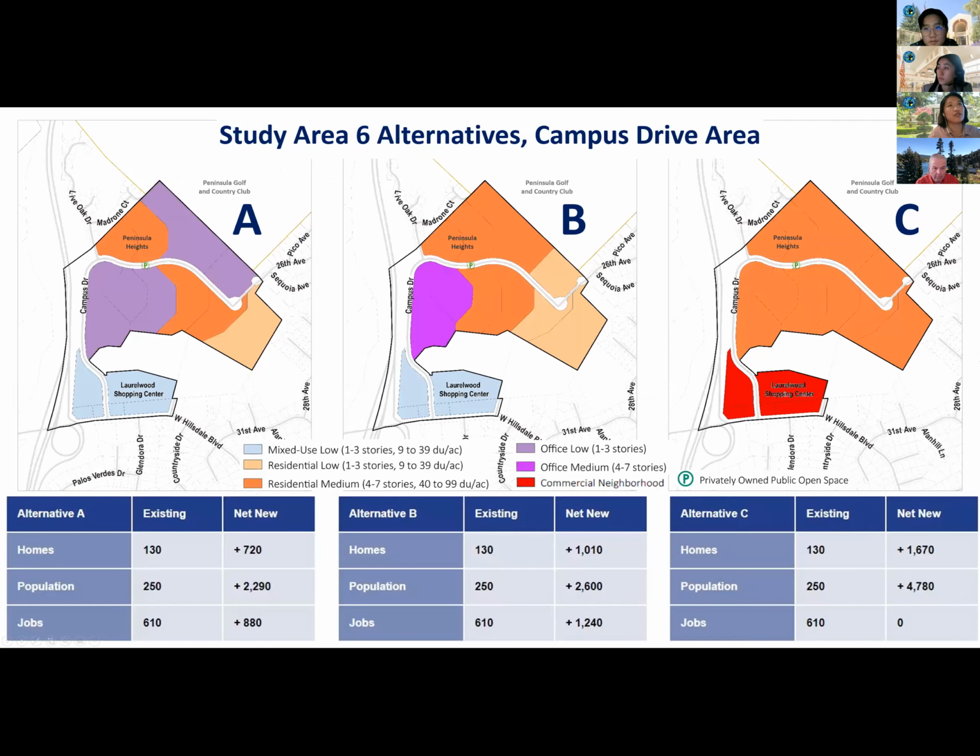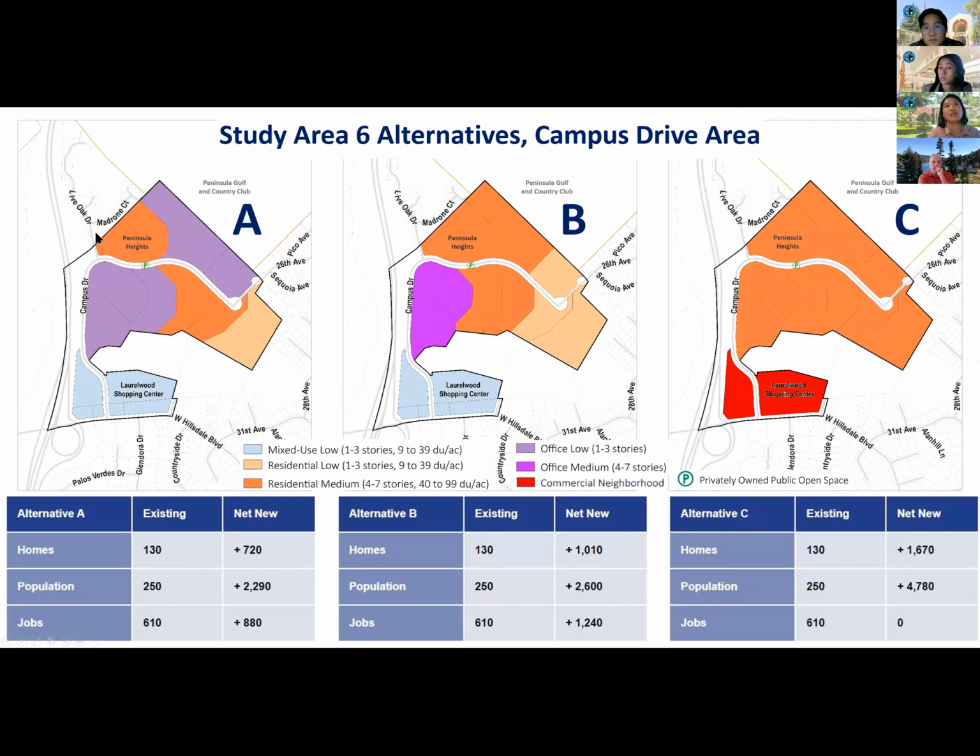The different alternatives being considered for the Campus Drive area, what you'll see is in A, B, and C, there's a mix of different residential uses being proposed. So in A, there is a medium orange residential use being introduced. This is consistent with a planning project that was recently approved for Peninsula Heights, which would introduce about 290 new residential units.